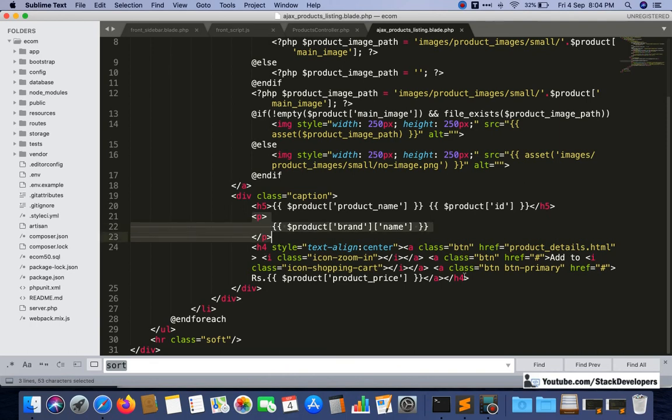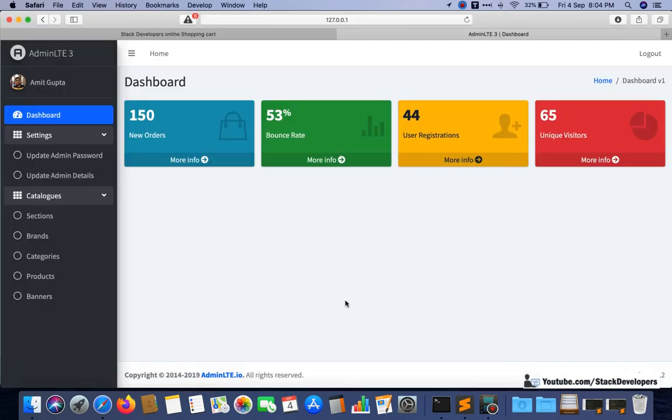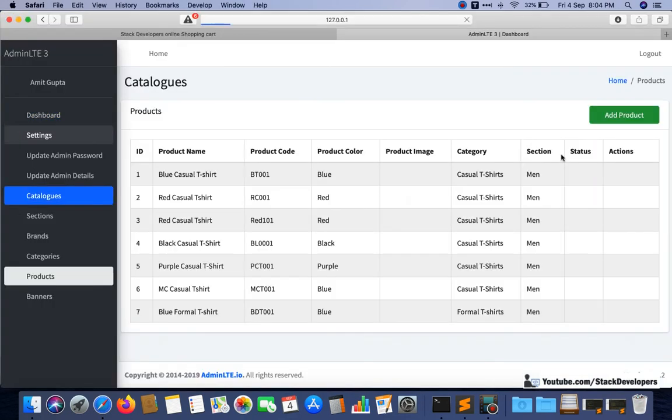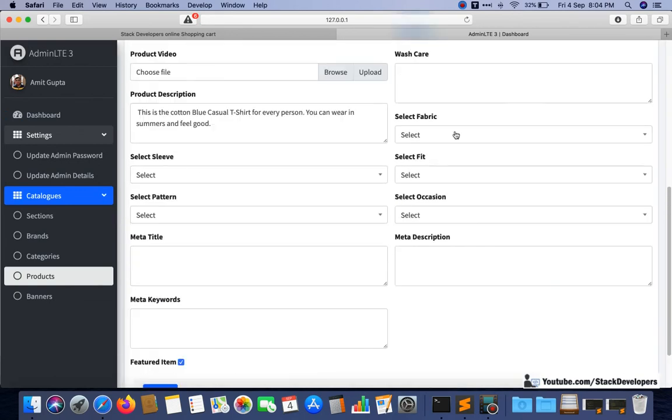Here I will add one more option at last, fabric, so that we see the product's fabric. This one you can move, so that we will come to know that we are selecting some fabric, and it must also show there that this fabric is selected. So that we will come to know that our filter is working fine. So now we can check, we can go in practice. I'm going to add the fabric for our filters.